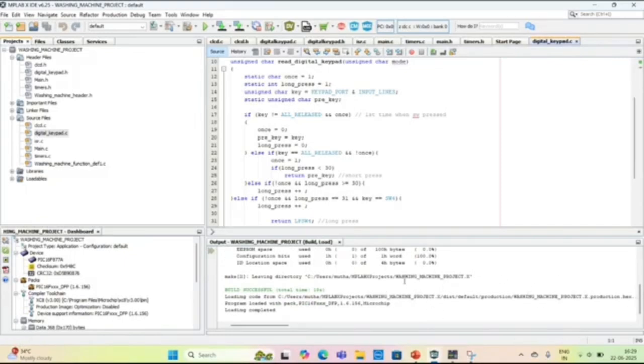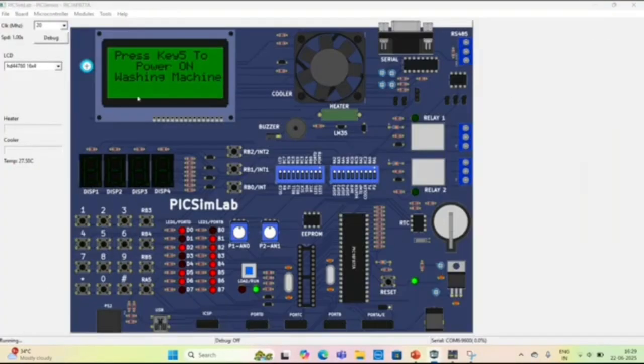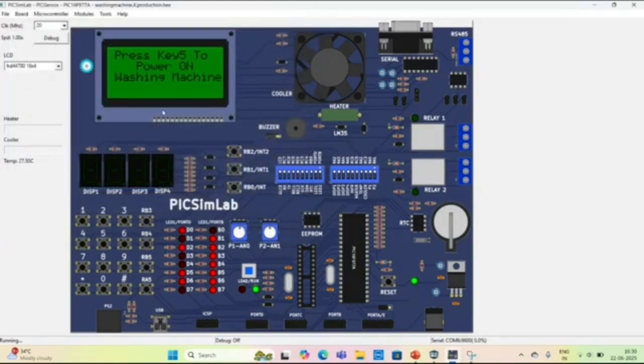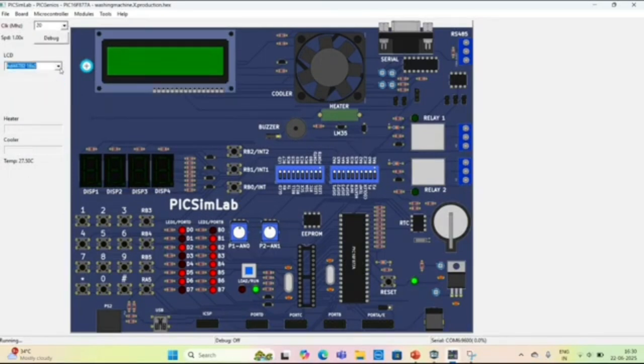Now, this is the hex file which we give in the PIC 16F877A. Here we can see file and load hex file by the given path. In that path we can select this washing machine hex file, the production .hex. This means I get this washing machine project hex file. I upload this one, and here we can see the display, and we will keep the clock pulse at 20 for this one. And here we can select the display,